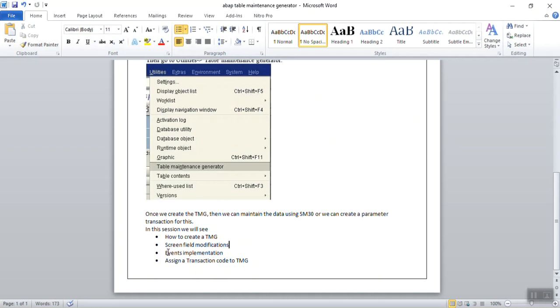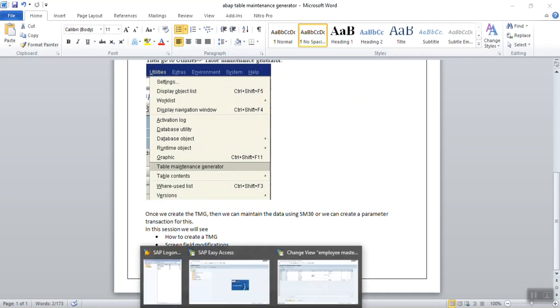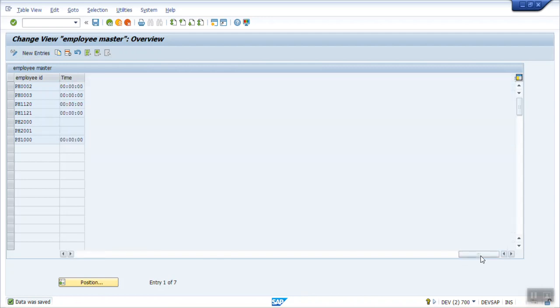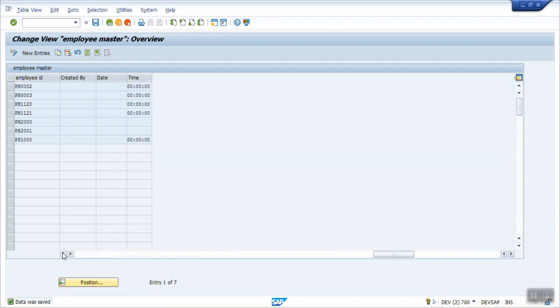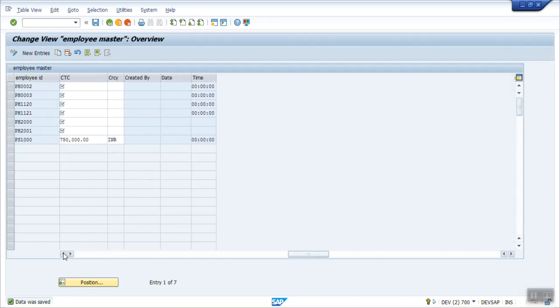Now we'll see how to implement the events. So now, as we have made these three fields greyed out, my requirement is that whenever a new record is created, I want the system to populate those three field values automatically: who is creating the record, the date and time. Okay, so for that,